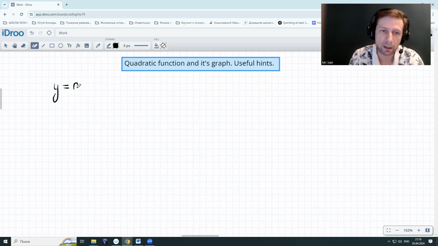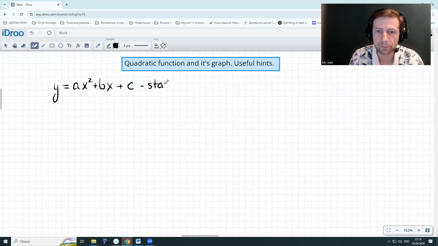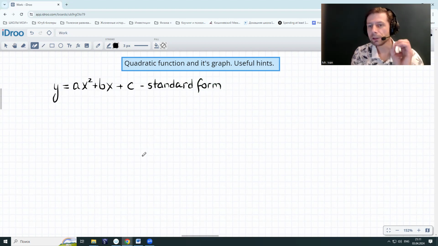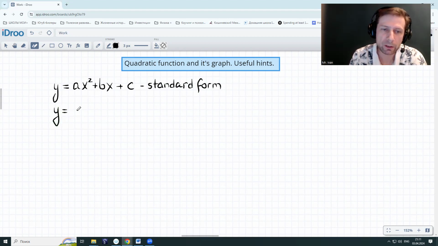is like this: ax squared plus bx plus c. It's a standard form, okay? Standard form of a polynomial, or standard form of a quadratic function. Then, it's good to know that we also have a so-called vertex form, which is y equals